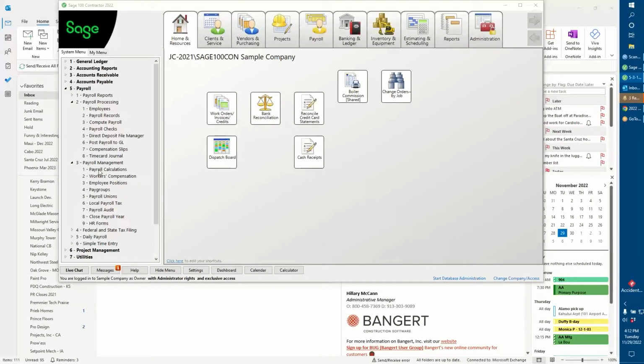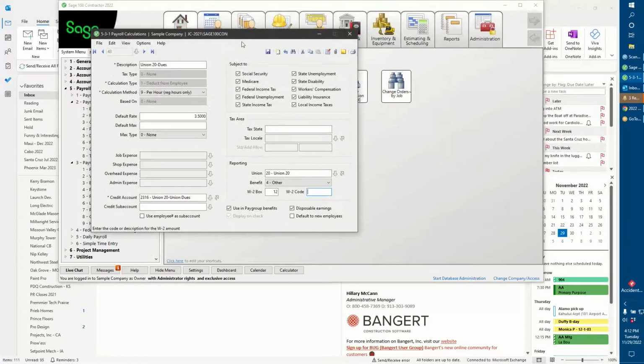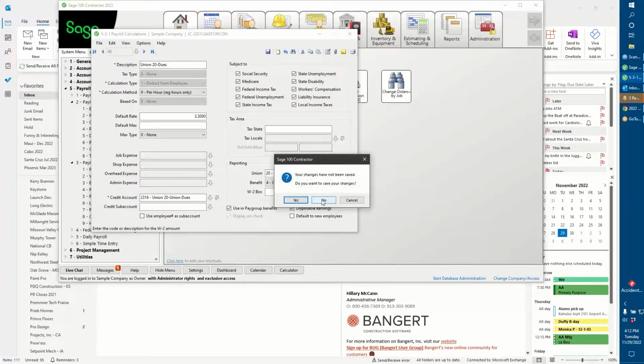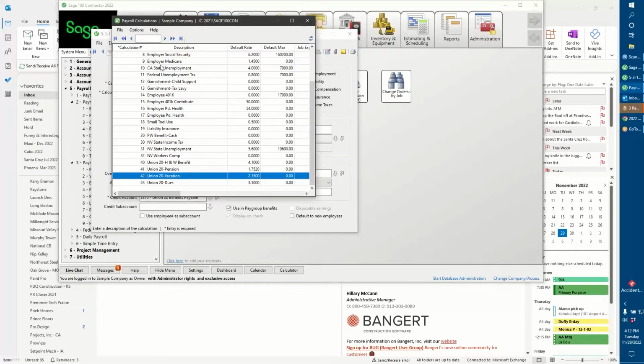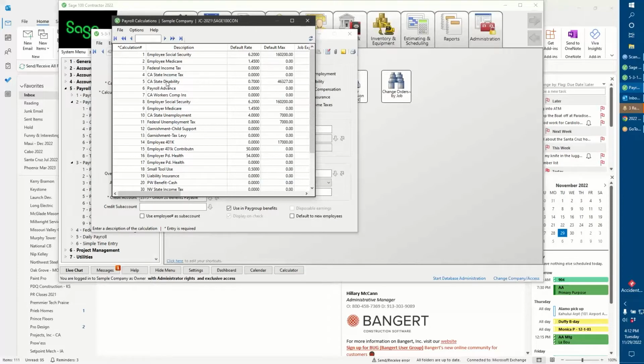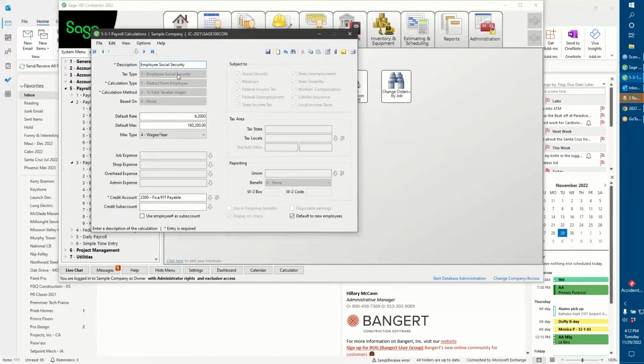It's menu 531, and we'll bring that screen over here. And again, based on the tax type, this is how things are going to print. These are union dues. Those are not going to be on your W-2. However, if we go up here to Social Security and Medicare and federal income tax, all of those things will. And then again, based on the tax type, it will know into which box those are supposed to go.